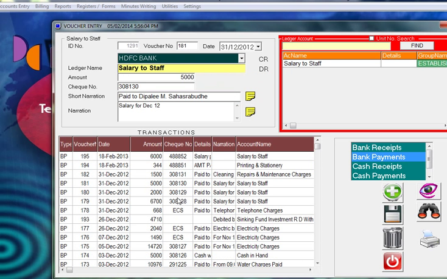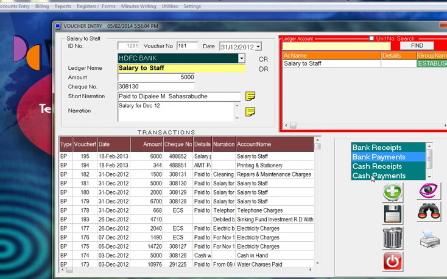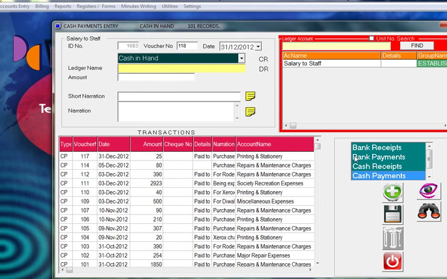As I said, you can double click and delete, modify, and double click on here. You can take a printout of the voucher. If you're making a cash payment, click on cash payment, and the similar option, click on salary to staff,